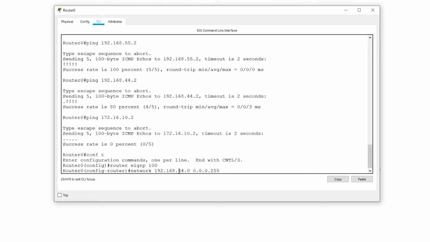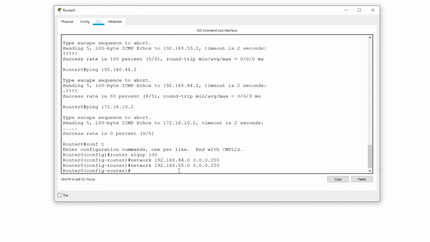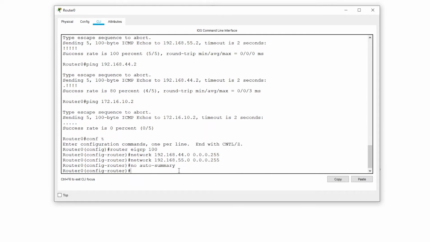So all of the addresses in this subnet is what that means. Network 192.168.55.0. No auto-summary. Exit.